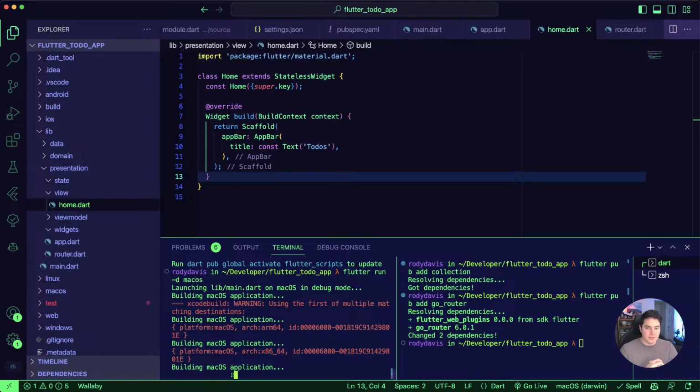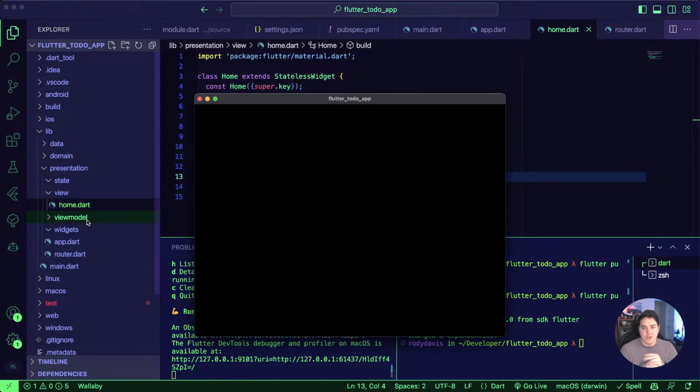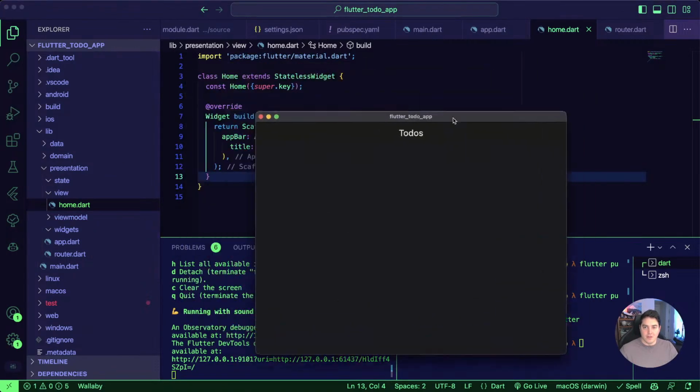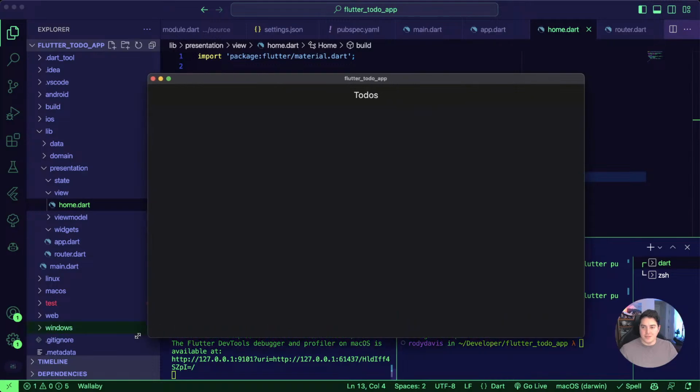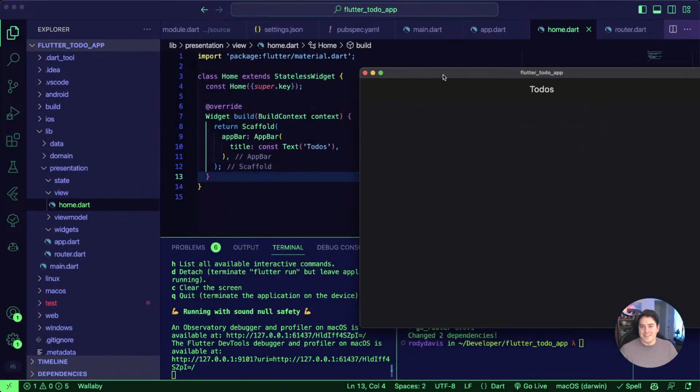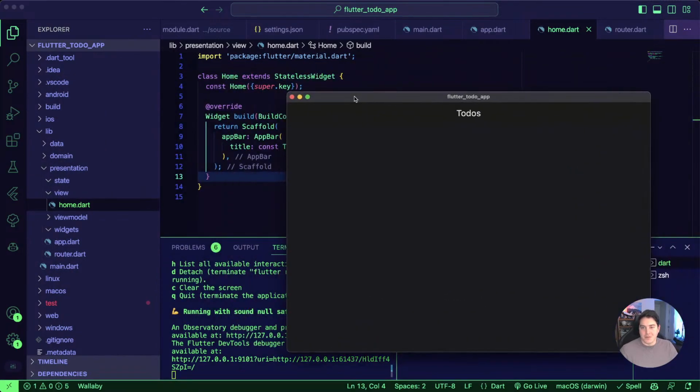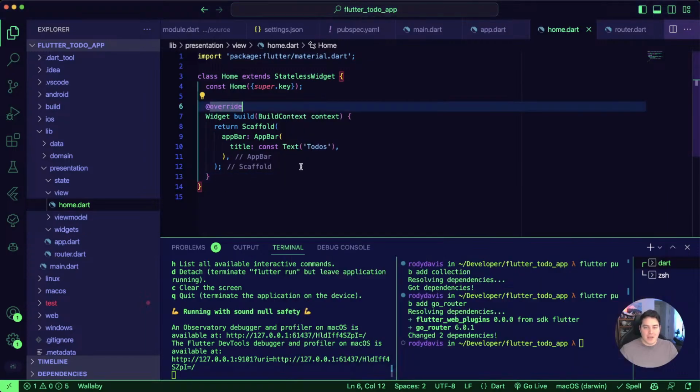Cool. So while that's waiting, we're about to go over an overview of what we're about to do: touch how to do the view model and the state. Now we have our awesome, amazing to-dos application, but there's nothing really here yet. So we can go back in and start to implement